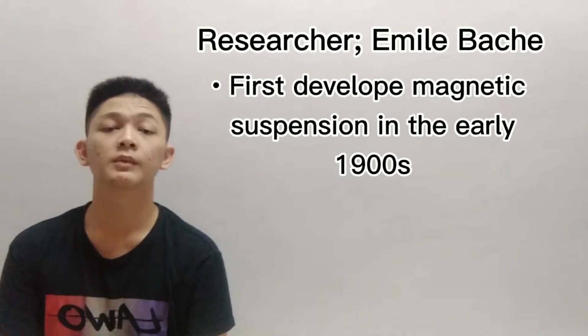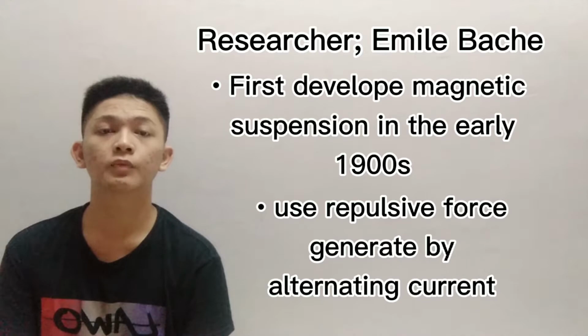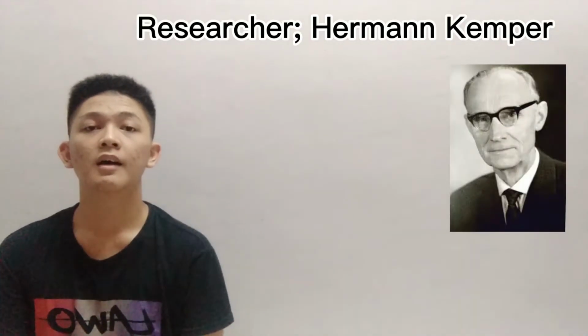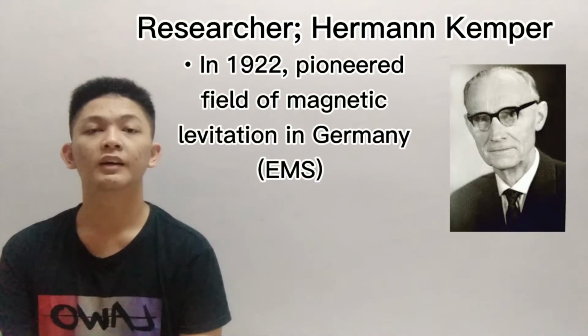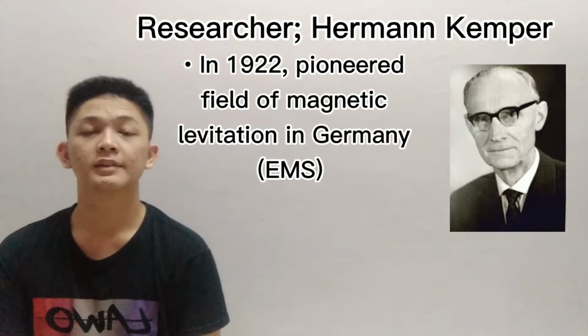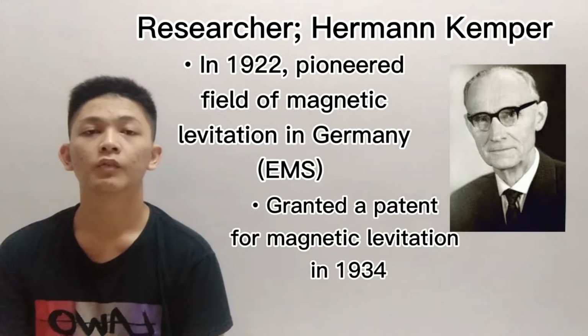The first one was Amy Beck. She was the first who developed a magnetic suspension in the early 90s. She used a repulsive force generated by alternating current. The second one was Hermann Kemper. In 1922, he pioneered a field of magnetic levitation in Germany, EMS. He was also granted a patent for magnetic